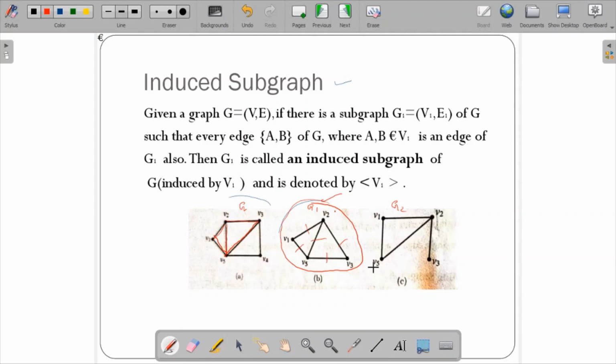Now when you come back over here, this is another example he has given. Same thing, V1 to V2 and V1 to V5, and V5 to V2, but V2 to V3 is there, and V3 to V5 is there. This edge is missing. This edge should be there, but it is missing. So this is not an induced subgraph because we miss an edge which is there in the main graph. So for example, when you draw, if there is an edge V5 to V3, you check, it's there, you have an edge, you cannot miss that in the induced subgraph. So whatever edges are there, you have to draw.